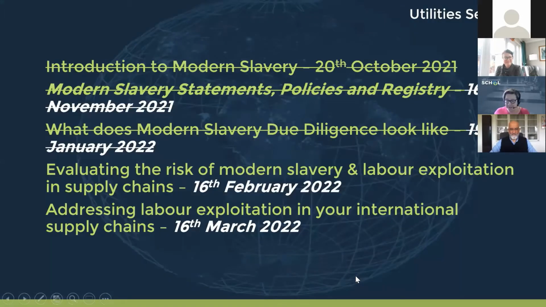So just to give you a bit of context, this is the, if my maths is right, fourth of the five elements that we're doing and have been doing since October last year, designed to take you on that journey from what the heck is modern slavery to how do we then address it within the utility sector. So in January, hopefully some of you will have heard from us around what due diligence looks like. And really today, it's about diving further into that due diligence activity and looking at how do I understand risk? How do I know how to evaluate it?